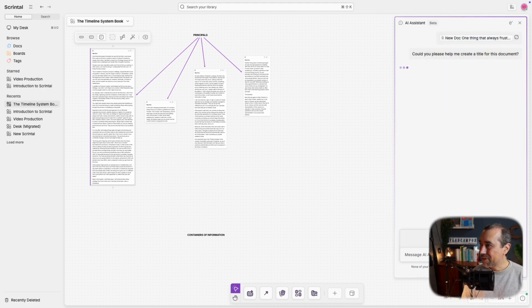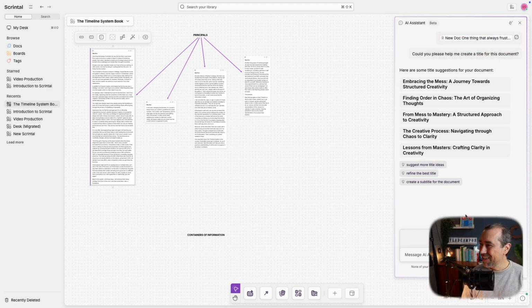I'm so curious about what's going to happen here. Okay, just to give you some context, the title for now is Taming the Mass. It's a concise and direct title. But let's take a look at this one here. Embracing the Mass, a journey towards structured creativity.